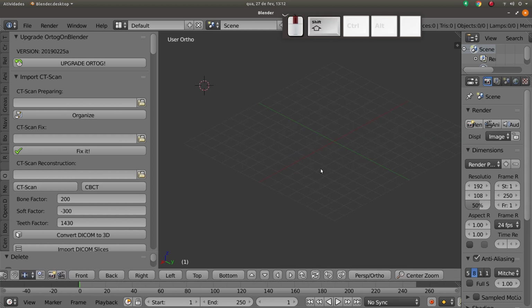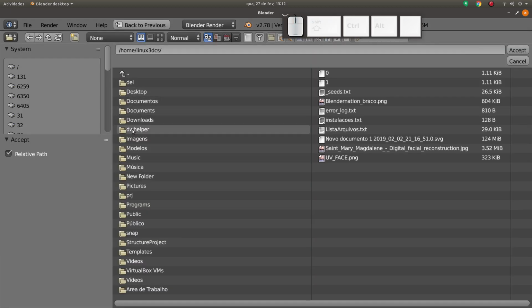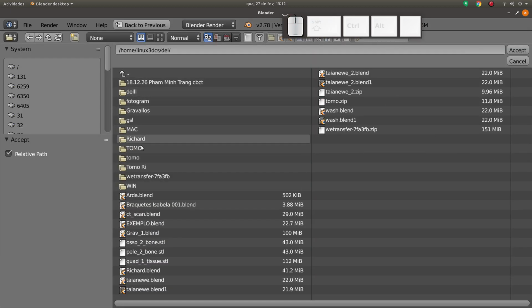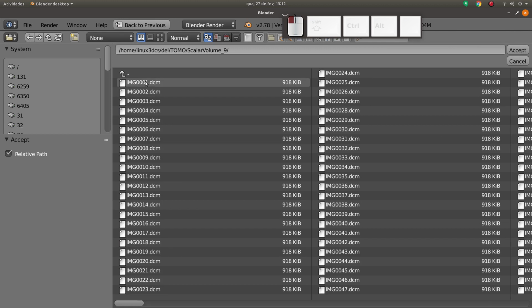Okay, now I will open the directory where I exported the tomography. Important thing, you have to open this until the DCM slices appear. Okay, and Blender only works with slices, not only one DCM file. If you could, please uncheck this relative path and accept